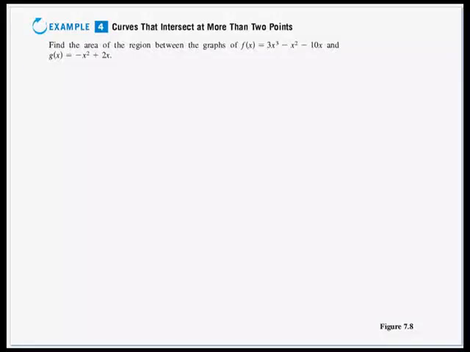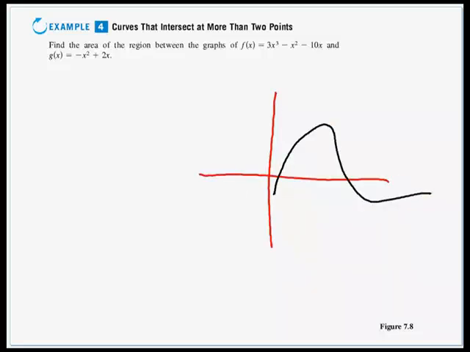Alright, here in example 4, the little caption after the word example gives us a clue as to what's going to happen here. Curves that intersect at more than 2 points. So this is a different little twist on this now. We might have, so I'll use black for one curve, like something like this. We might have a point where the blue curve here is under the black graph, and then it goes over. And if we wanted to integrate from, I'll use green lines, from this x value to this x value,